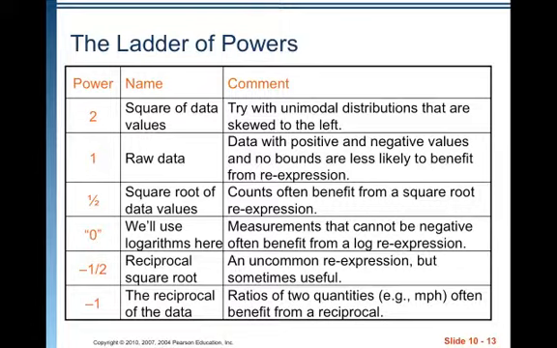A power of -1/2 is the reciprocal square root, an uncommon re-expression, but sometimes useful. -1 is the reciprocal of the data. Remember, a power of -1 just means use the reciprocal. Ratios of two quantities, like miles per hour, often benefit from a reciprocal. So if you don't like what you see in the original expression, try raising it to the -1 power, and you may find you get a more linear